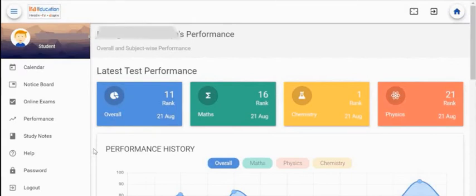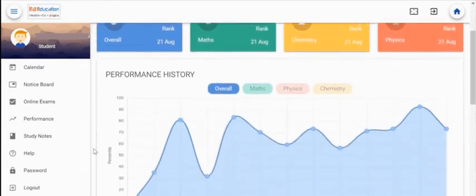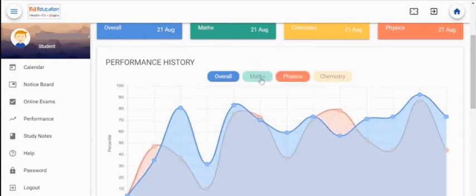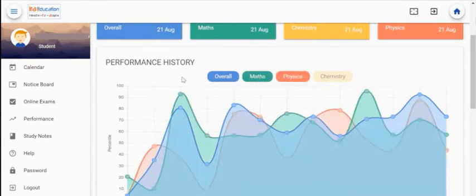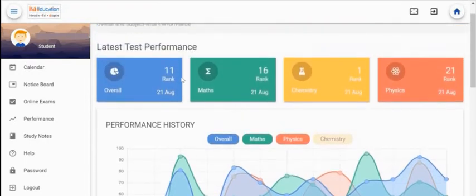The home page, as we see, consists of a graphical representation of the student's overall performance history. For subjective performance history, just click on the buttons provided above the graph for math, physics, and chemistry. Double-click a subject to remove its graph from the main page. The student's overall and subject-wise rank is also provided, as we can see here, in accordance to the latest test